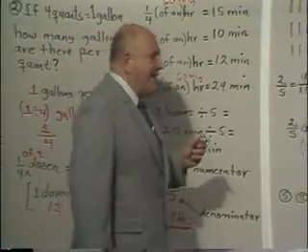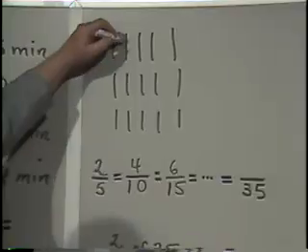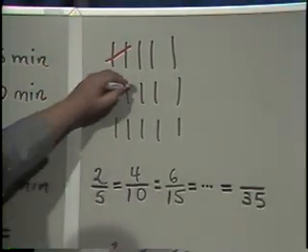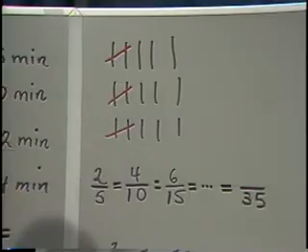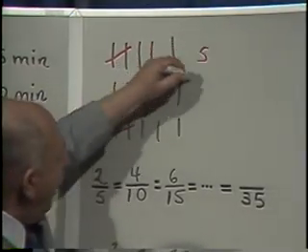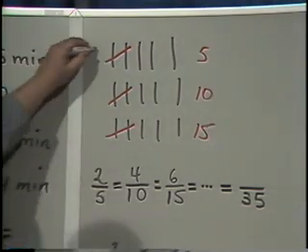Let's take a look over here, again in terms of tally marks. See, I've written down 5 tally marks. To take 2 out of every 5 means, okay, I'll take 2 out of these 5, 2 out of these 5, and 2 out of these 5. What have I done altogether? You see, I have 5 tally marks, 5 more tally marks, 5 more tally marks, and each time I'm taking 2 tally marks,